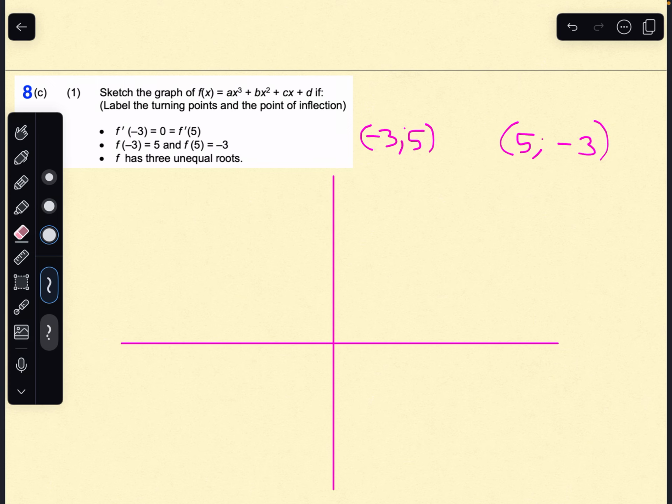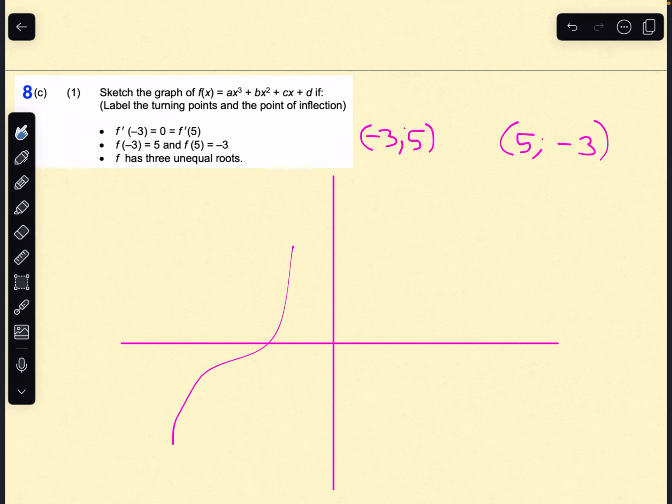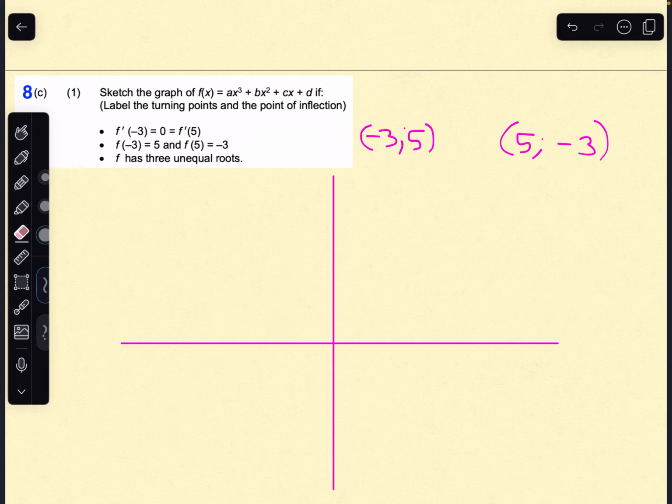Yeah, I feel like with the cubic graph, you're either going to have this situation or you're going to have this situation, where you don't have any turning points. Your only stationary point is a point of inflection. And in this situation, you would only cut the x-axis once. Correct me if I'm wrong. Anyway, so back to what we know for sure